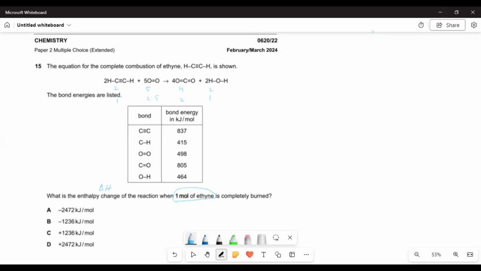So now see, for 1 mole of ethane, which bonds are there? So it is multiplied by 1, no problem. It would remain same. 837, and in 1 mole there are 2 moles of carbon hydrogen bonds, so it would be multiplied by 2, so it would become 830,